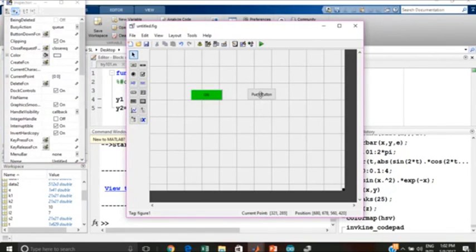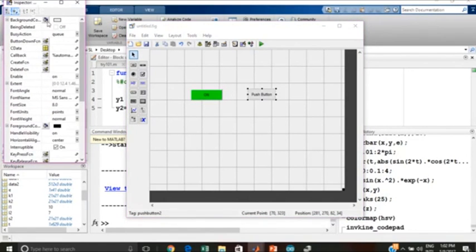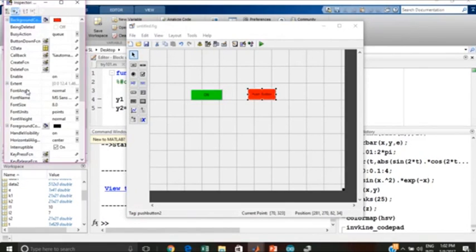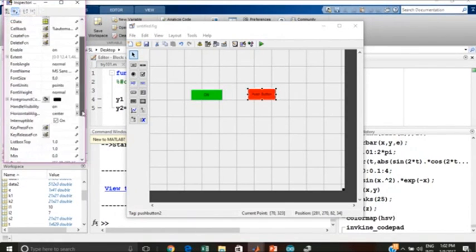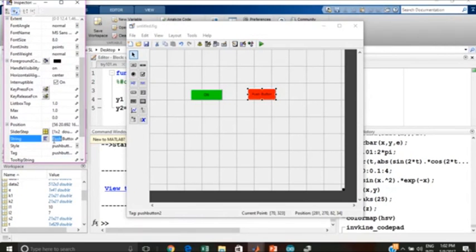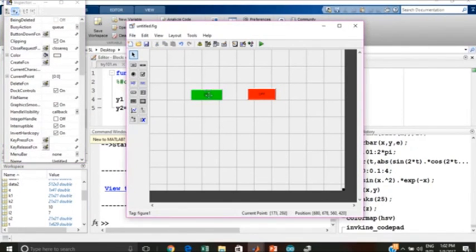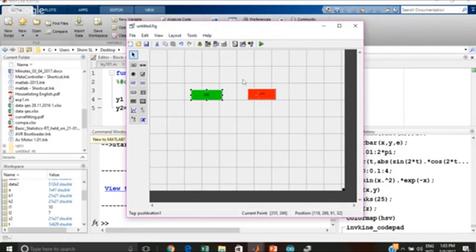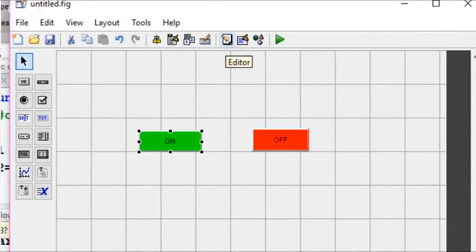Okay, similarly, push button 2 also I double clicked. I just put a red color for that push button 2, and I'm going a little fast, I know, because we are out of time. You can just go and watch this video later if you want to do it. So I just double clicked on these buttons and I changed the color and the variable. Just double click, this window will open and you will just go and change the color and this. Now in order to edit it, the editor is available here. So this editor,